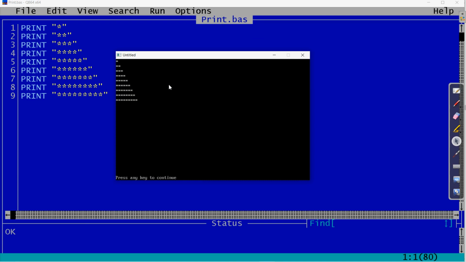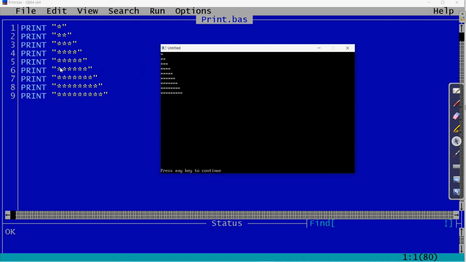You can see all of the stars are printed and the pyramid is formed. In each line the number of characters which we wrote is printed, and if there were numbers, the same numbers would be printed on the output screen. But for writing numbers we will not need the double quotes, that is the quotation marks, for numeric values. Okay, let us come to the book again.